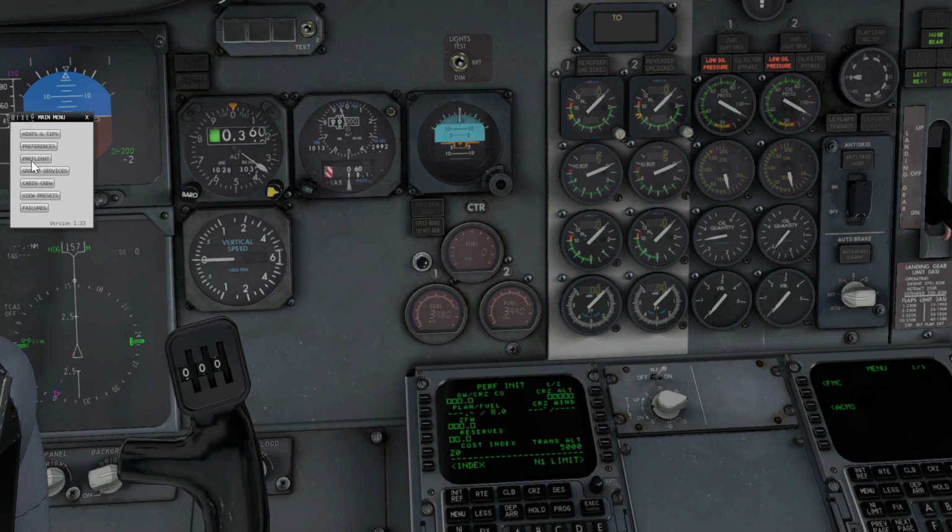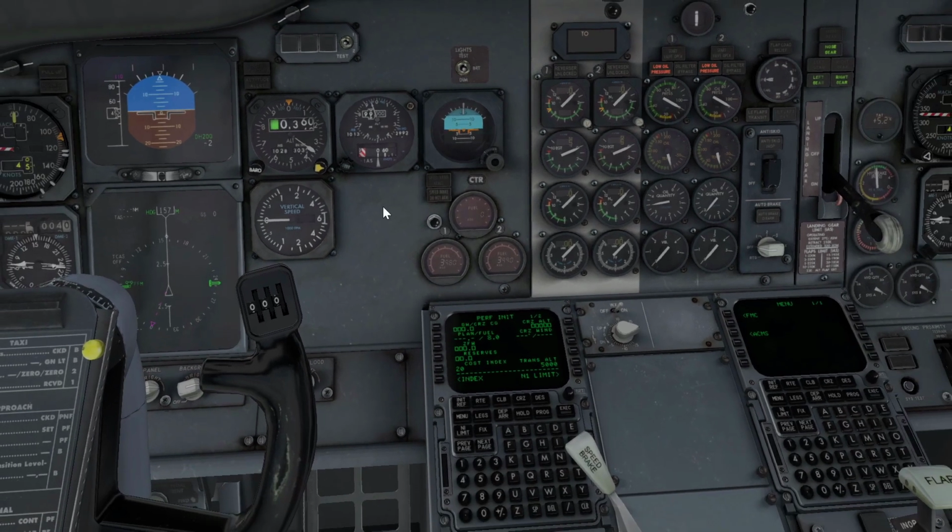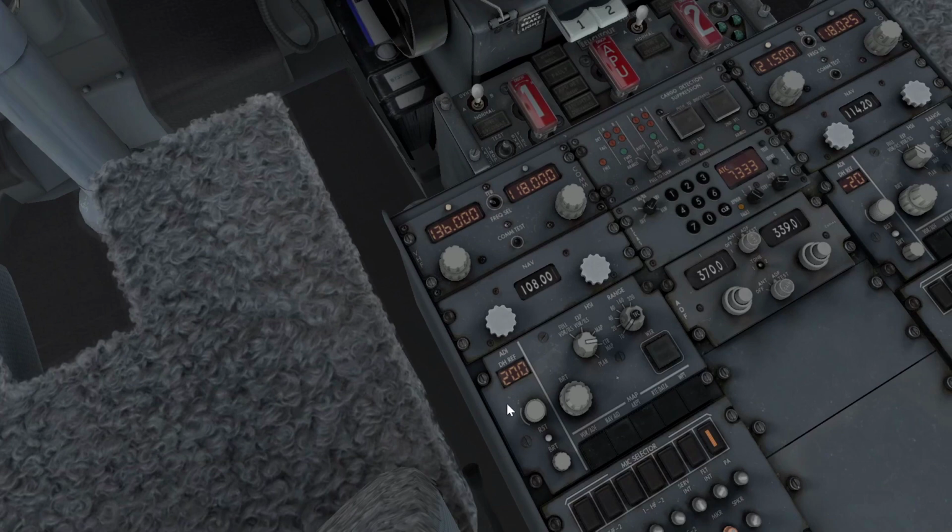You bump the mouse to the left side, and you have two ways to set it. The standard way, I would almost say, is go to ground services. You basically call the fuel truck. If you want to play it really realistic, you can also